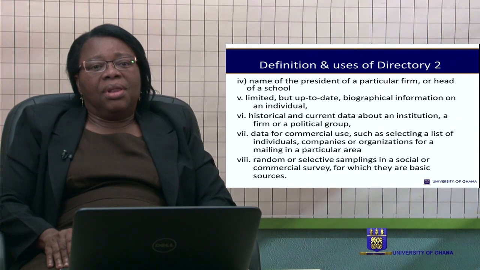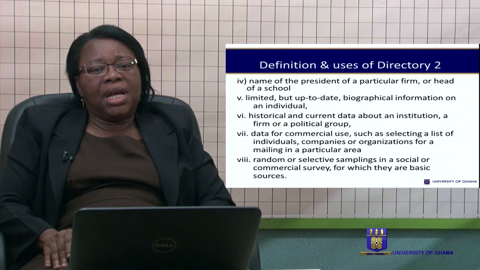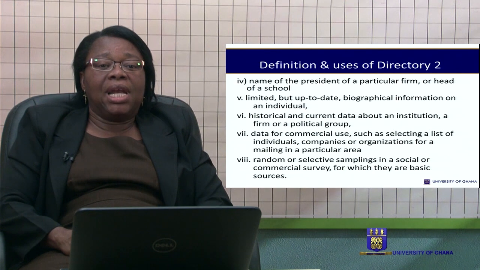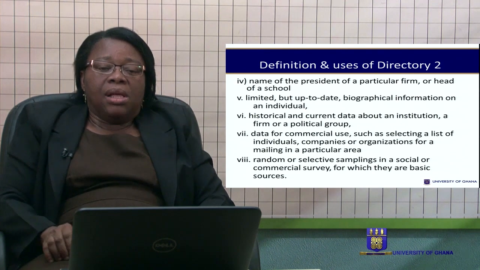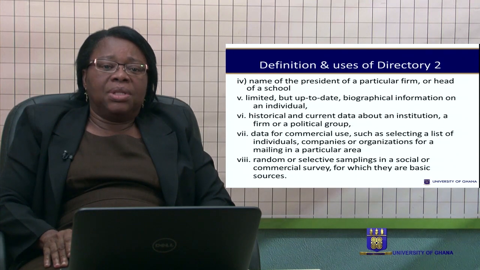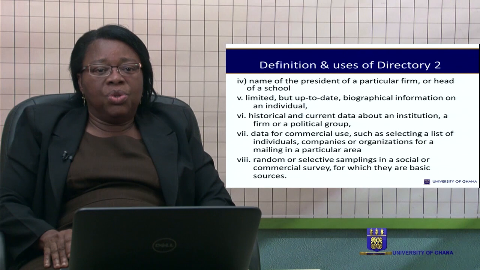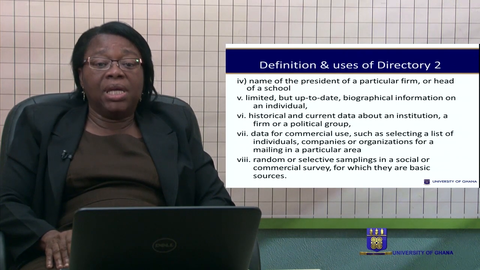Also, directories have served a very useful purpose, especially for those carrying out surveys and having a random or selective sampling size. Some organizations use directories to send samples of their products to a particular location. Now, how would they get those people in the location? They would use the particular directory to identify the people in that location and serve